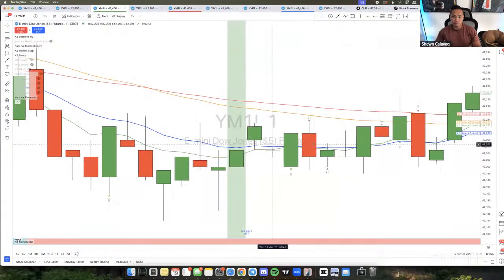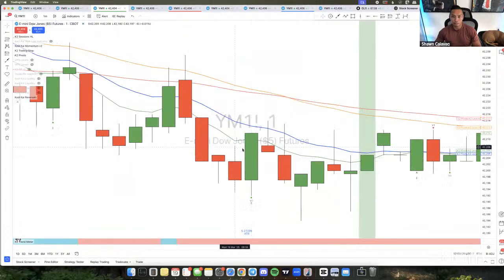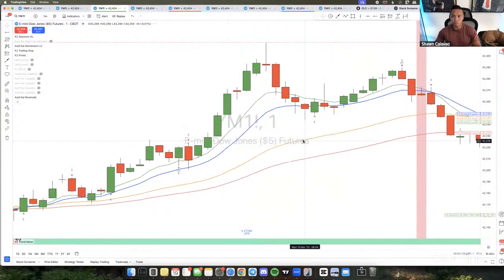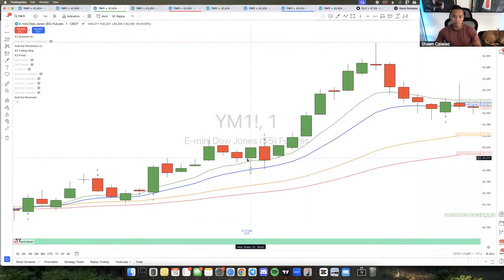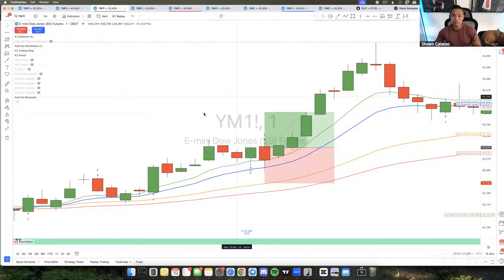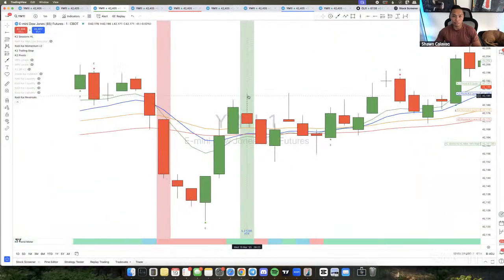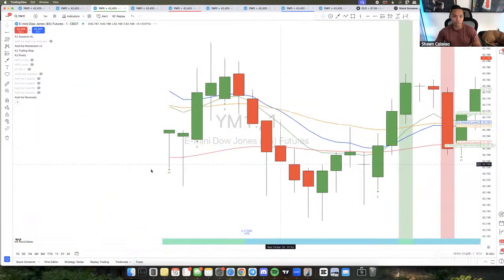It's got to be where the market's at least decently volatile though. Like this one over here, this is against the trend though. With the consolidation variation, you would be going with the trend. So here's one right here, Brock. V1 and it's engulfing. So this would be a consolidation variation right there. Full TP. It's a good strategy. It's good in a sideways market, a consolidating market, as long as you trade in the direction of the trend. You got to make sure you're trading the direction of the trend.